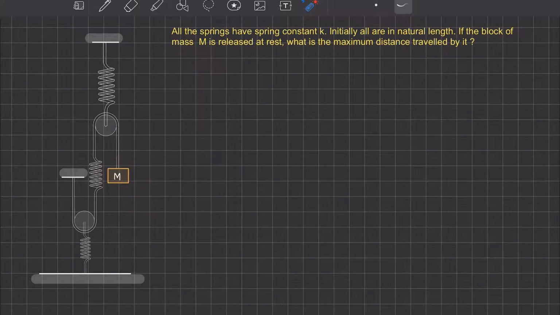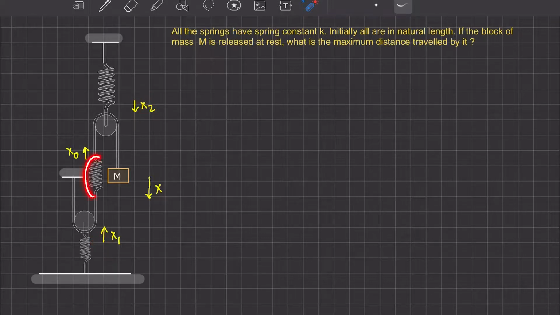Now let's find out. Again, individually we need to find the displacements of the springs and correlate them to the displacement of m. Let's say this bottom spring moves a distance x1, this one moves a distance x2, and this one moves a distance x0, and the block moves a distance x. Let's apply the constraint motion individually. Forget about x1 and x2 right now.